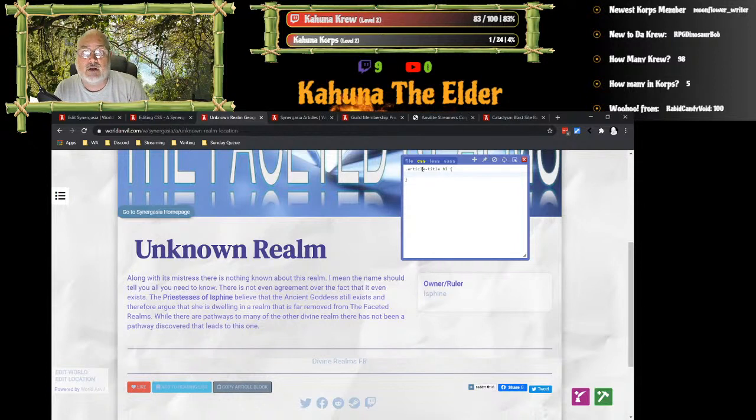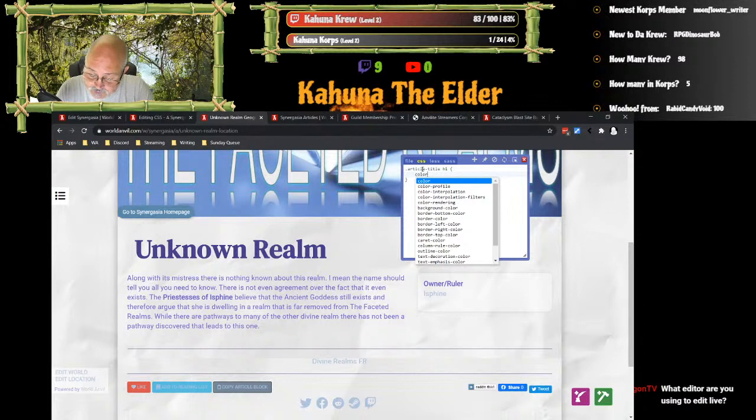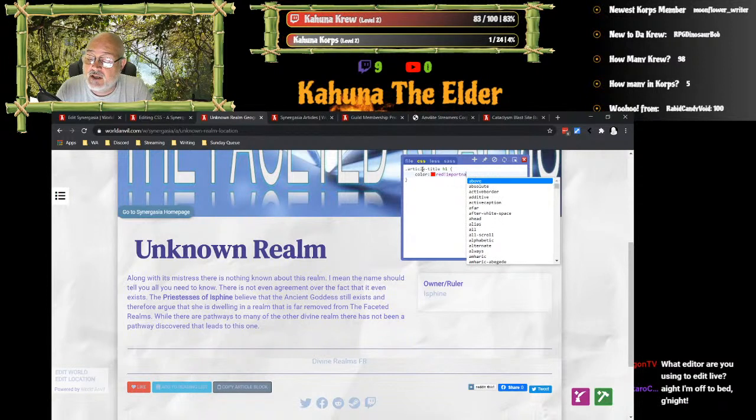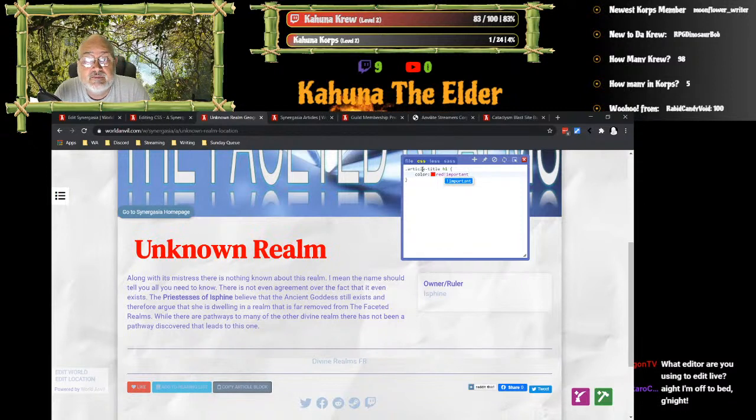And why did that work, by the way? Because extra large is a specific size, and in the code for this, the H1 is set to an even bigger size by using pixels, a pixel size as opposed to the name size. I could change the color, for example. We're just going to say color red. And again, this is one where he hard-coded it, so I have to tell it it's important that it goes red for right now. And there it is. Okay?